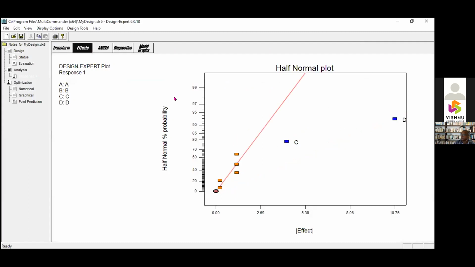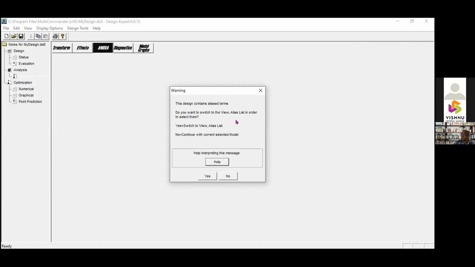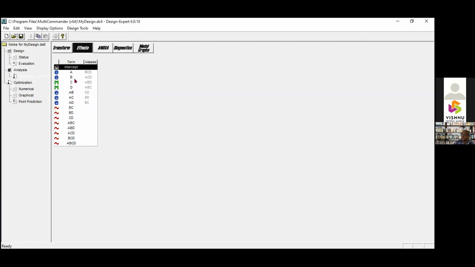Here, the design contains alias terms. Do you want to switch the view to the alias list in order to select them? When you interpret it, you have to be careful. If C is significant, it can be either the effect of C or the interaction ABD.